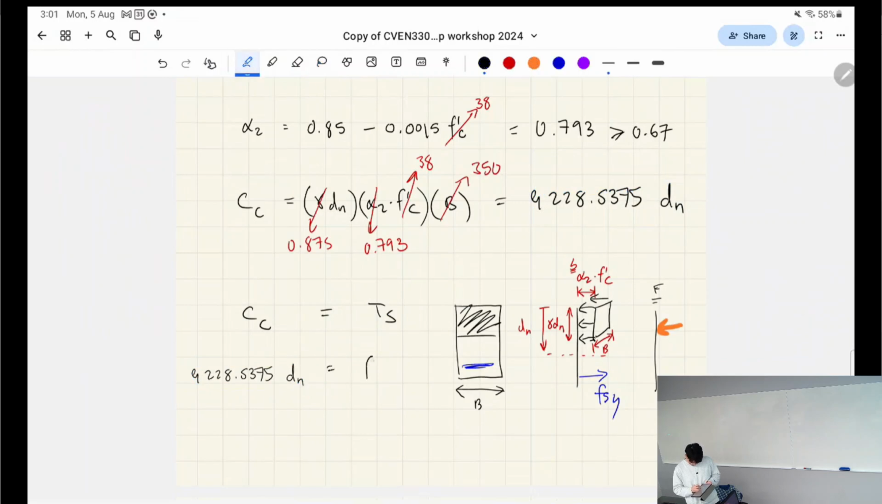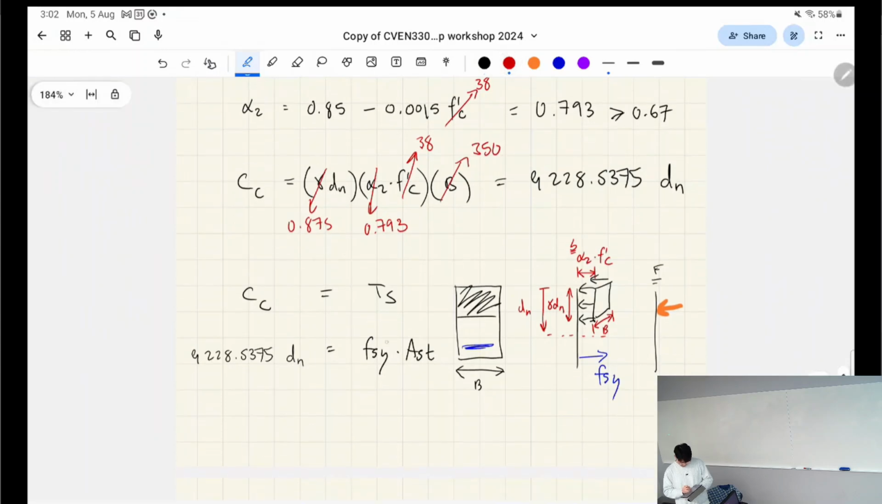Is equal to FSY AST. So FSY AST is stress multiplied by area. What does that give us? Force. And specifically, that's the force of the steel. But it's only the case when your bars are fully yielded. When your bars aren't fully yielded, like if we have compressive bars, this formula will be a little bit harder to fully express, right? But since we've yielded,